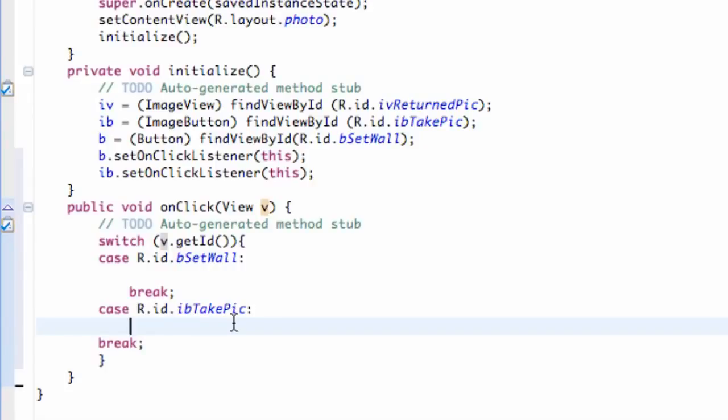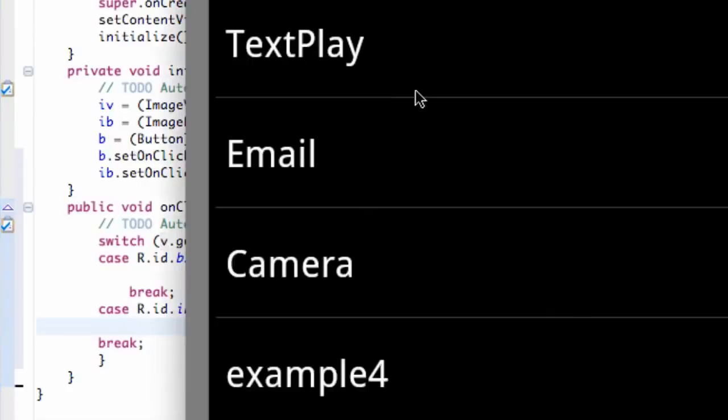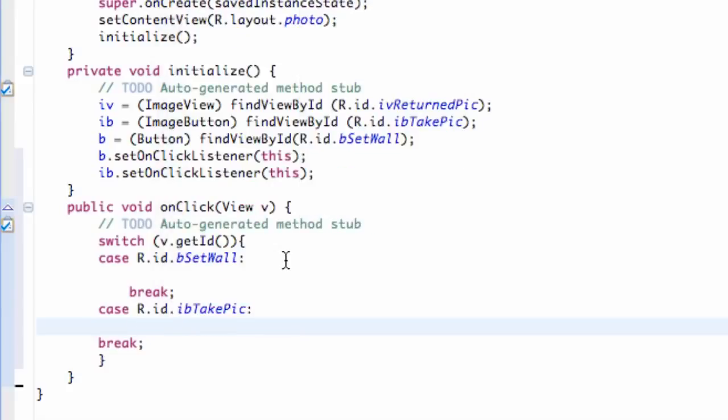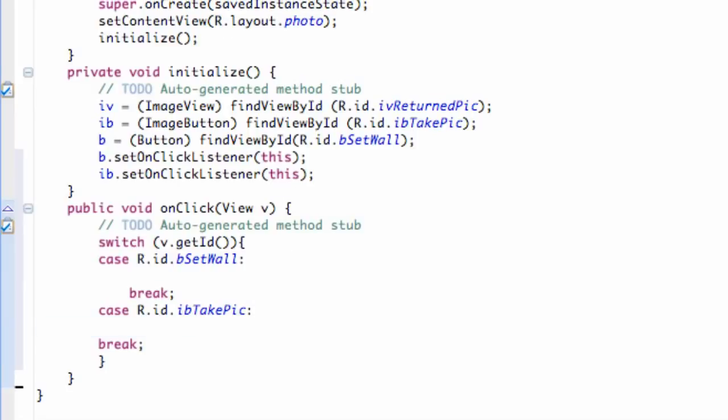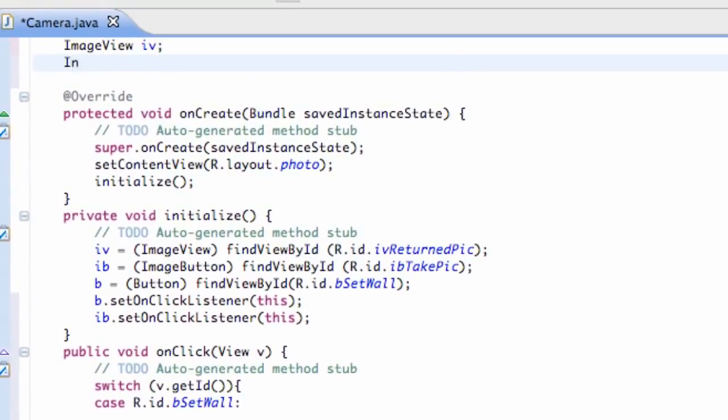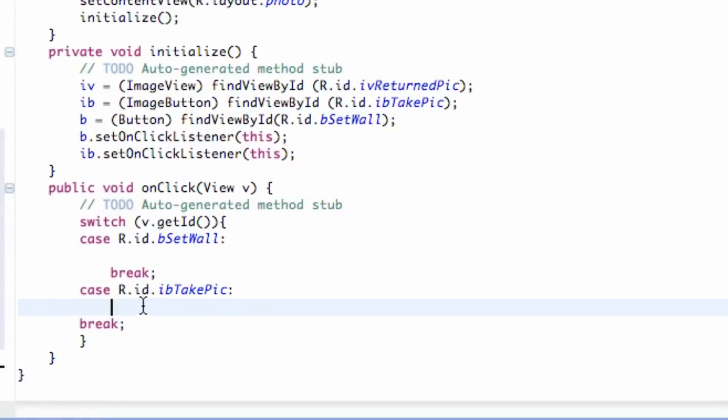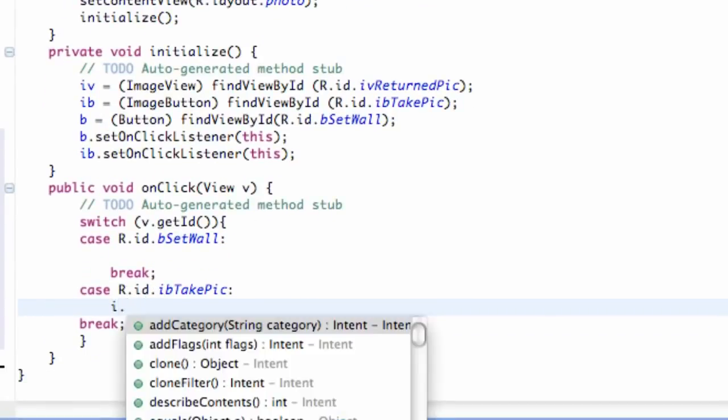So what we want to do is use the same process that we did for our, I forgot what we made for our email application. So we're going to open an intent, and we're going to set that intent equal to basically the camera application. We're going to define our intent up above our classes so we can use it in multiple methods. So we're going to say intent i is what we're going to call this intent, and then within the take picture switch in case that you guys set up, just hit i